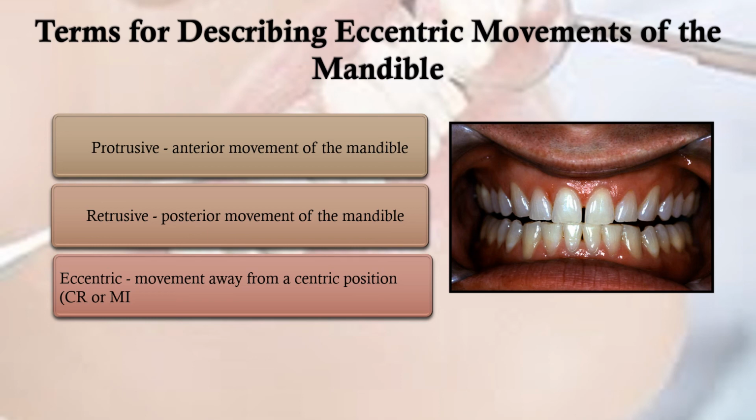By protrusion or protrusive movement, we mean the anterior movement of the mandible. So when the teeth are maximally in contact with each other and we move our teeth anteriorly, this forward movement is known as the protrusive movement. If we take our teeth backwards, then this is known as retrusive or posterior movement of the mandible. While eccentric or right and left movements are away from the centric position of the mandible, whether they are in centric relation or